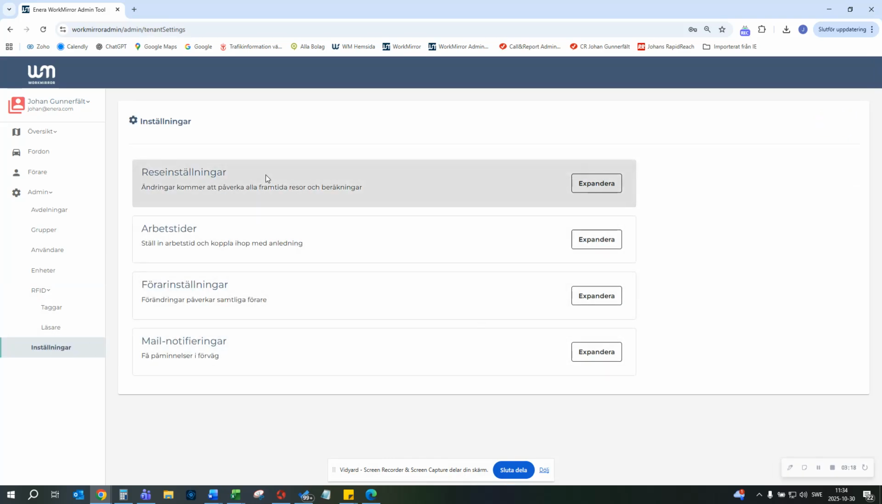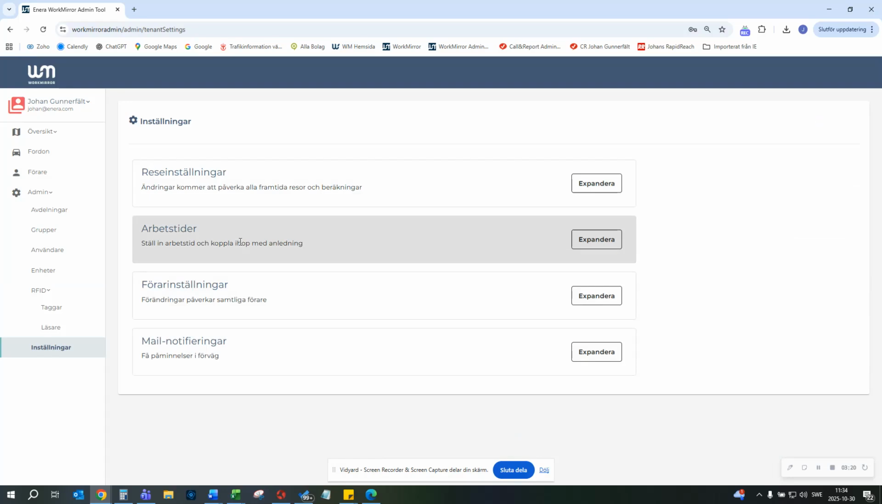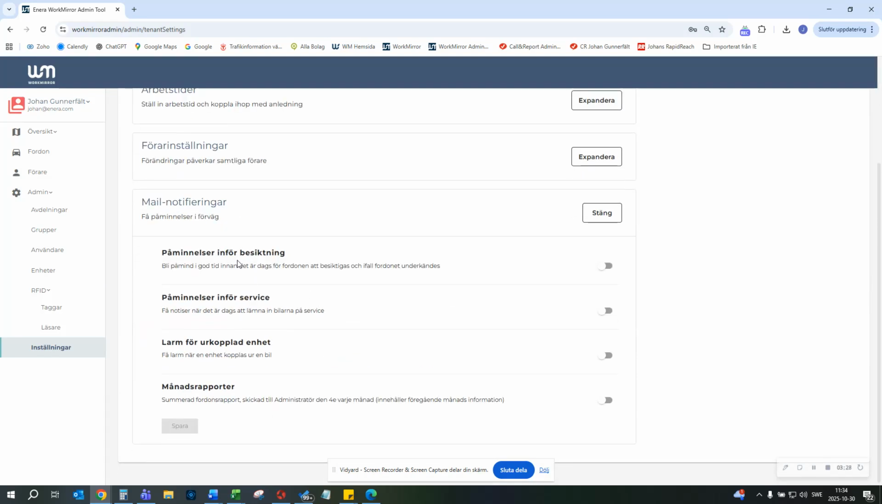Right at the bottom of settings, we can set up a few different travel preferences. We can set up working hours with schedules, presets, and main notifications. Here we can set up reminders for the inspection, reminders for the service, alerts for any connected device, and also the monthly report, so that on the 4th of every month, we get a report sent to